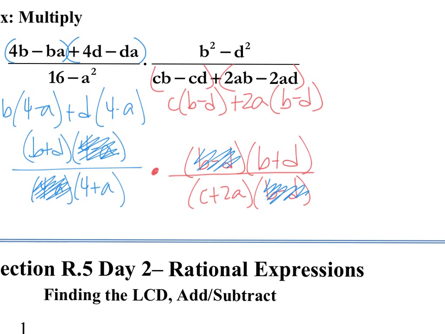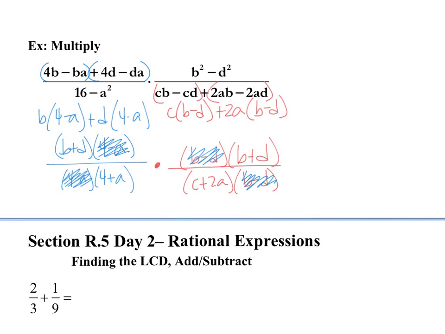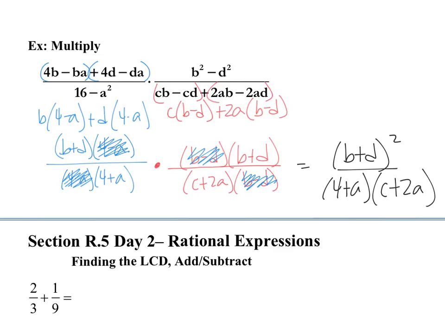So how are we going to write our final answer? Give myself a little bit more room here. What I have in the top is two separate B plus D's. You could write them both, or you could just write it as a factor squared. In the denominator, I have 4 plus A, and I also have C plus 2A. That is it, my